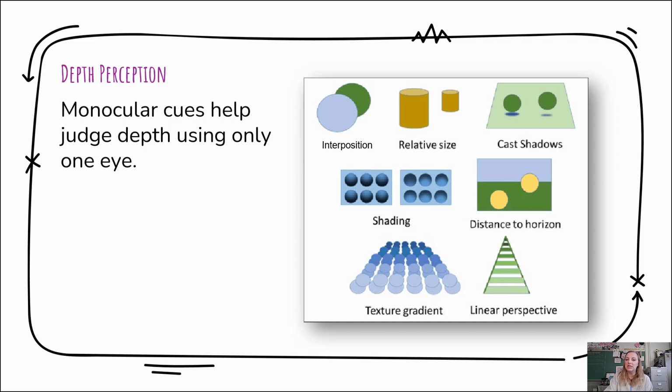The first is interposition. If one object is blocking another object, you know that the object in front is probably closer to you. Relative size. We know because of perceptual constancy that the size of objects stays the same. So if one object is bigger than another object, we determine that that bigger object is closer to us than the smaller object. Some others are cast shadows, shading, the distance to the horizon,